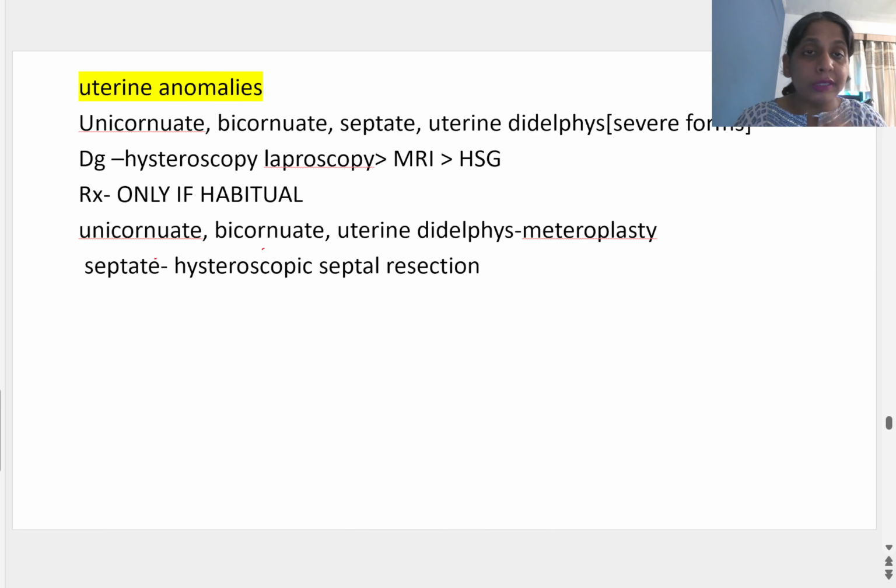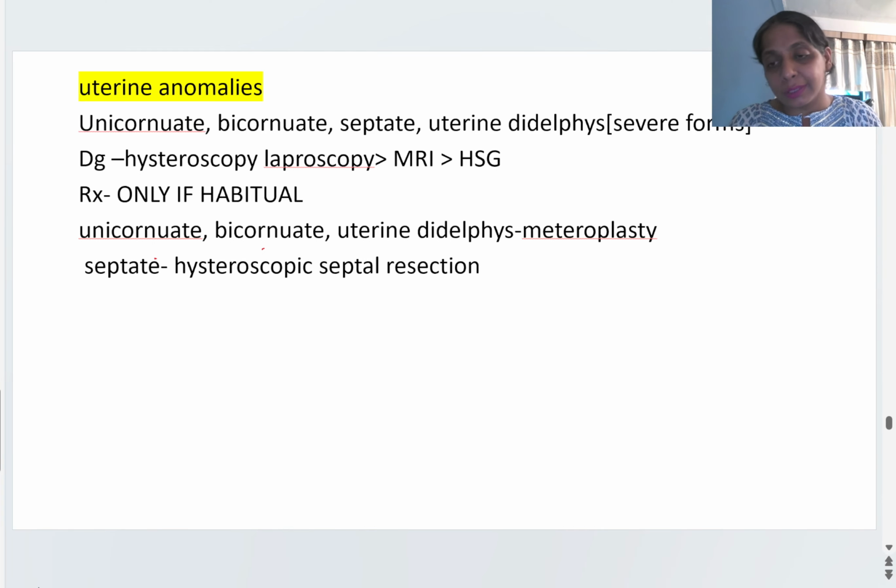ट्रीटमेंट, इन सारी एनॉमलीज को हमने ट्रीट करना है अगर रेकरेंट अबॉर्शन हो रहे हैं। वन अबॉर्शन पे हमने इनको ट्रीट नहीं करना है। यूनिकॉर्नेट, बाइकॉर्नेट, यूट्राइन डायडल्फस, इन तीनों की मेट्रोप्लास्टी होती है, यूट्रस की वॉल रिपेयर होती है। सेप्टा में क्योंकि यूट्रस की वॉल तो ठीक होती है, इसलिए हम हिस्ट्रोस्कोप डाल के सेप्टा को रिसेक्ट कर देते हैं, काट देते हैं।